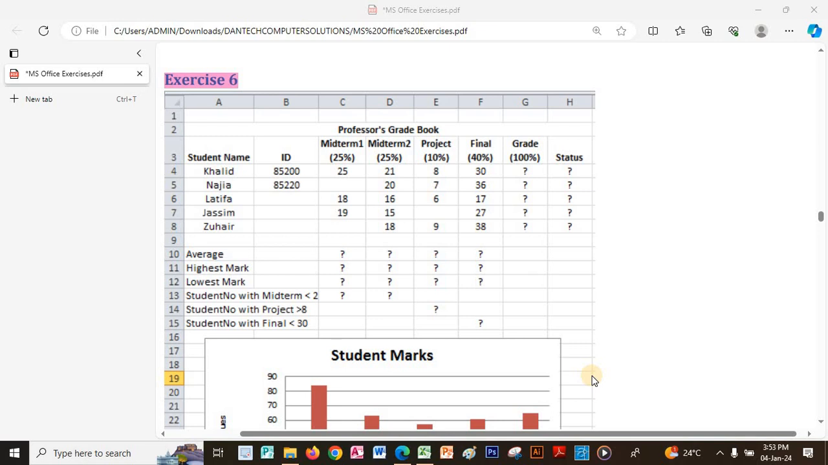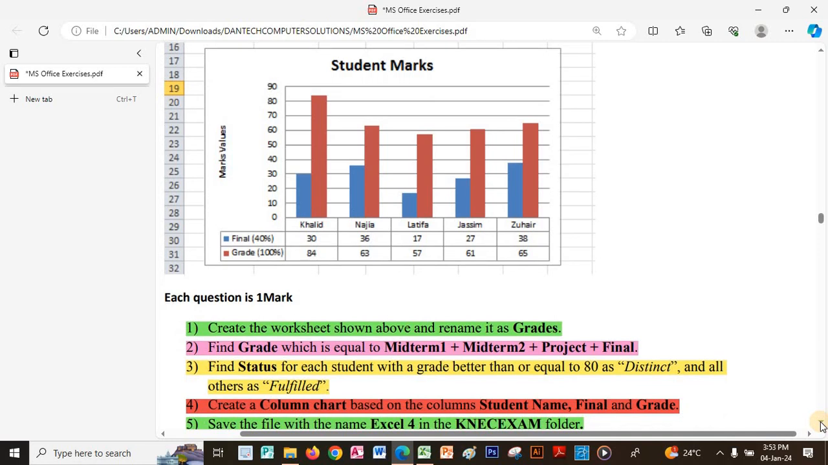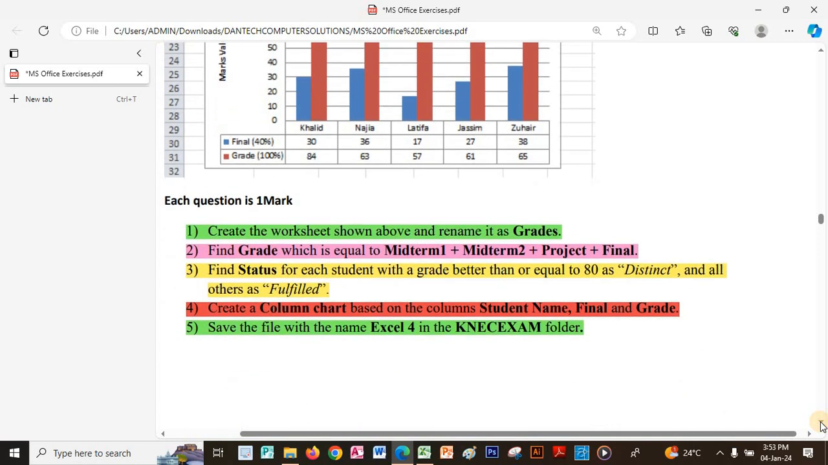We are going to do Excel spreadsheet exercise 6. In this exercise we are requested to fill the following data or information into the Excel spreadsheet program, and we do the following questions. Each of the questions is 1 mark. So number 1 says that